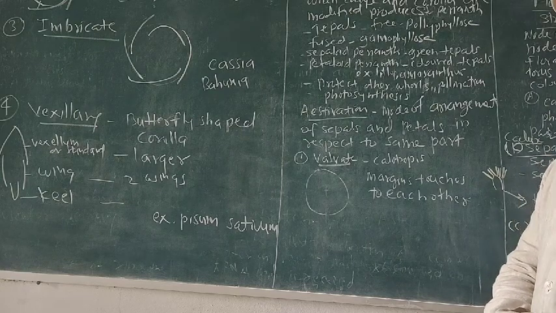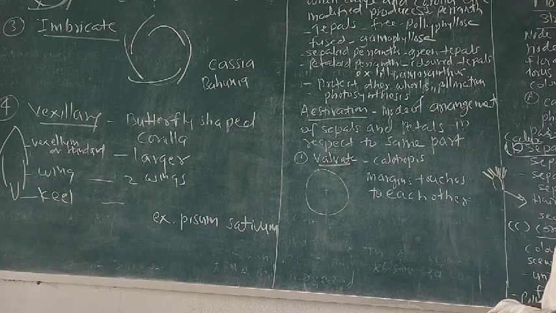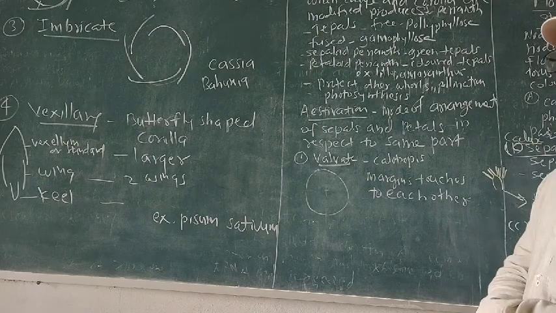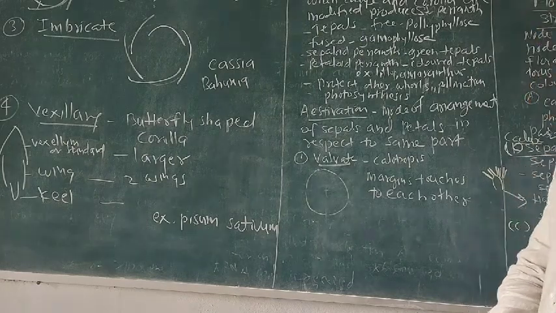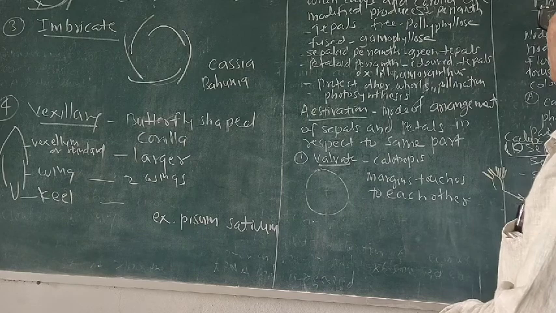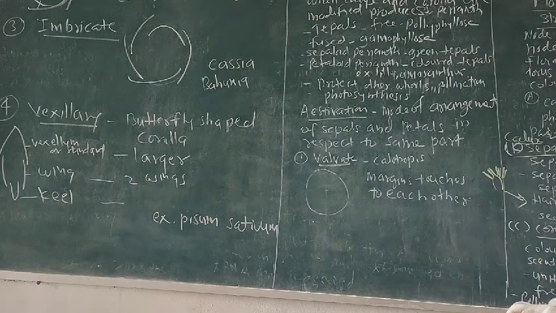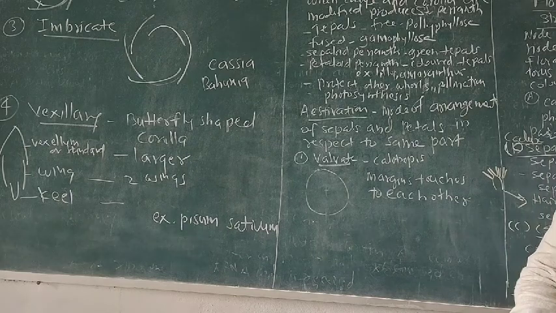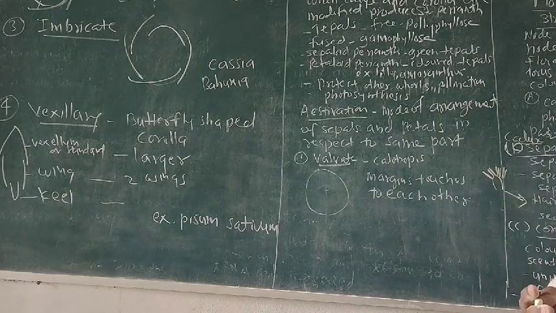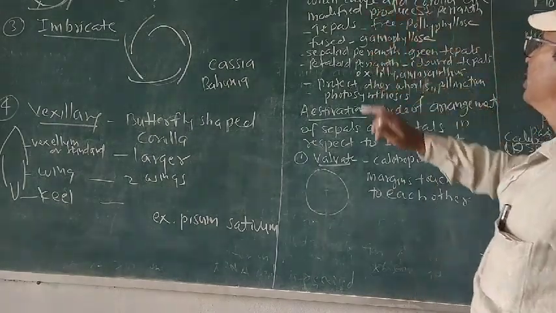Now we can study here that the perianth is present. Instead of calyx and corolla, a modified part is present, that is called the perianth, and its parts are called tepals. Generally they are green in color. When they are free, it is called the polyphyllous condition. When they are fused, it is called the gamophyllous condition. Perianth is the modified part. When the calyx and corolla are absent, you will get the perianth there. It is denoted by capital P.